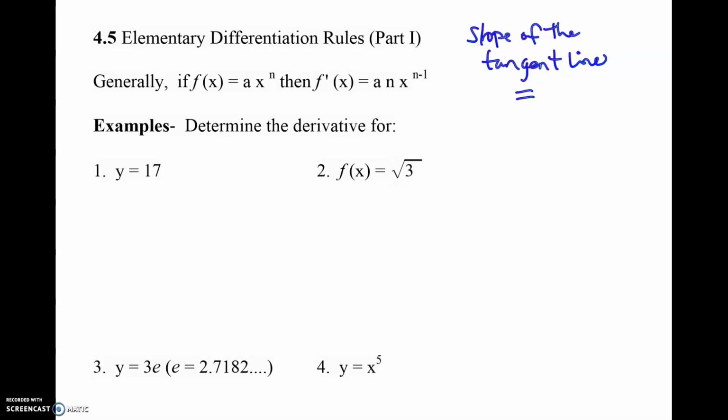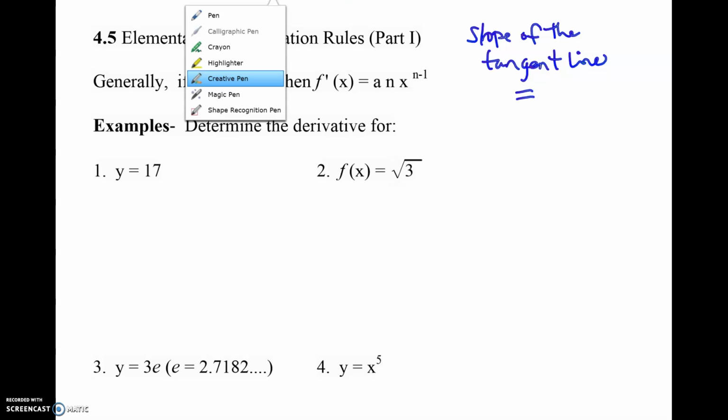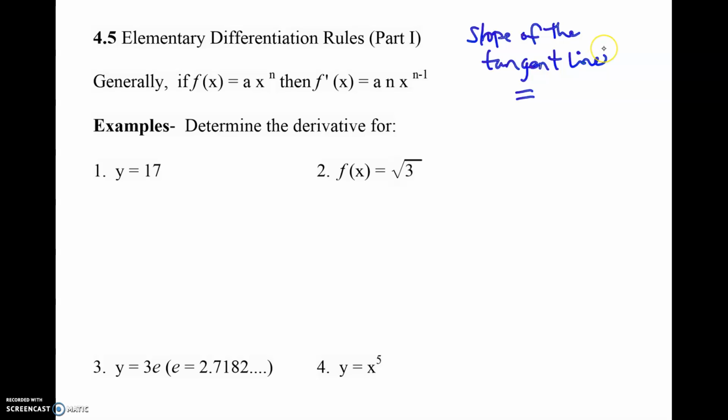Hello again. So we're on to 4.5, and here, at least for me, this is where the fun begins in calculus. I'm smiling in case you can't tell. So, a reminder here that the slope of the tangent line to the graph means the same thing as us saying the derivative,